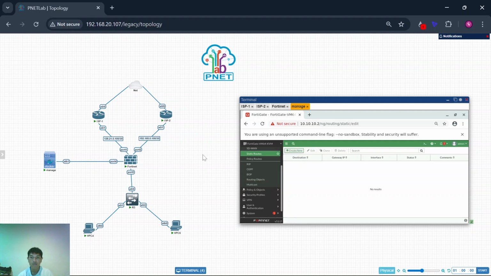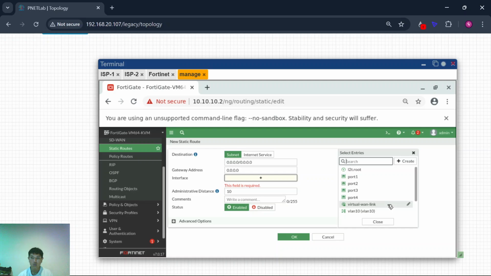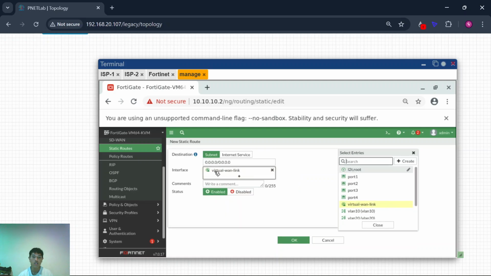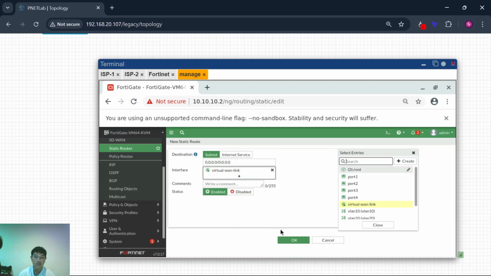Create new. This is the interface, virtual WAN link, because inside this interface are port 1 and port 2. You can see the members here, port 1 and port 2. So you choose this virtual WAN link as the interface of the static route, and okay.